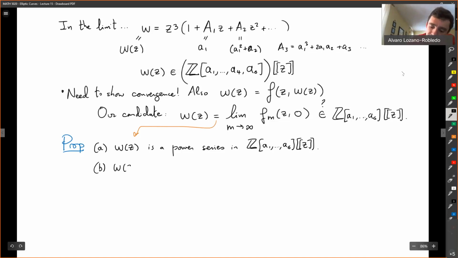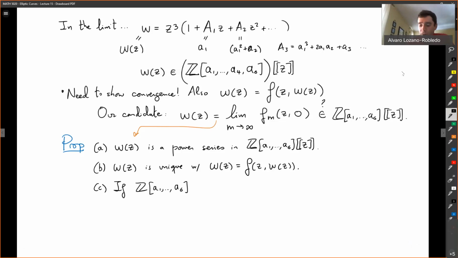The second property is that this W power series is unique. It is the unique power series with the property that it satisfies that recurrence relation exactly. And part C is that if I write A1 through A6, this ring, if I make it into a graded ring,